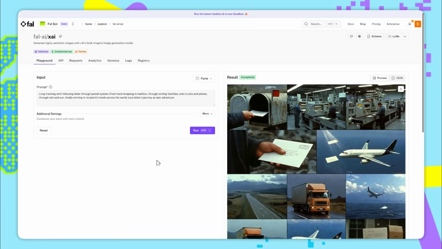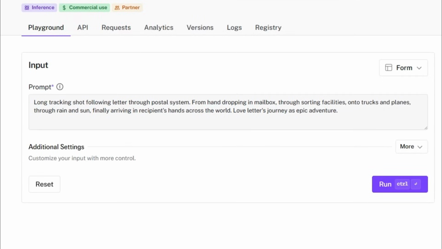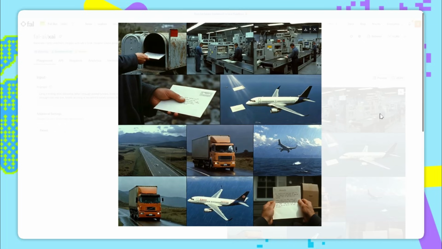Grok Imagine isn't just good at aesthetics though, it's also able to reason very well. So in this case, we've given the prompt: long tracking shot following a letter through the postal system, from hand dropping in mailbox through sorting facilities, onto trucks and planes, through rain and sun, finally arriving in recipients' hands across the world. Love letter's journey as epic adventure. And here's the result we get. Even though that prompt was more of a text-to-video type of prompt, it was able to interpret it and then within one single image show this letter's journey from the post box into the sorting station, planes, trucks, and finally